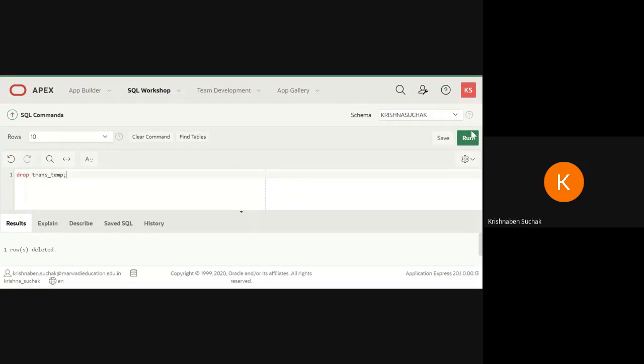Okay, after you run here, it will show below that the table is deleted. Then you will go to find table and check, and there would be no table named trans temp. Okay, do that, drop table. Do this drop table.